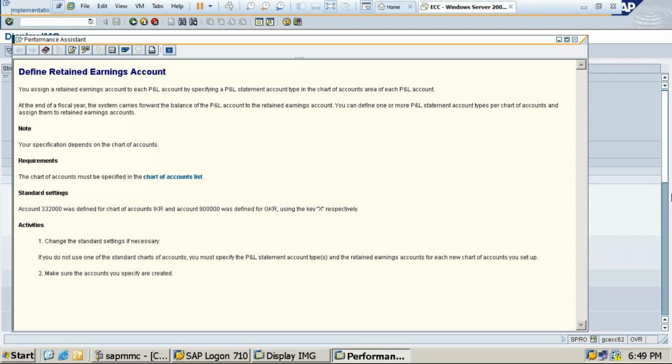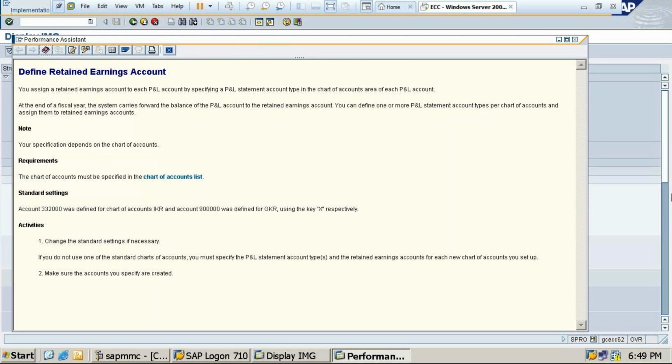In a business, if your assets are more, if your incomes are more, then the company will be running with a profit. If your expenses are more, liabilities are more, loans are more, in that case what will happen? Your company is suffering from loss. So in that case, it is going to close the business. So there are two parts: either this is a profit or a loss side.